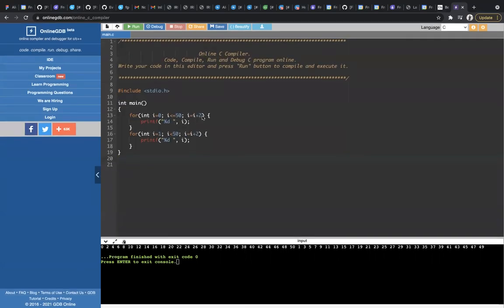Because each time we are incrementing by 2. Previously we were incrementing by 1. That's why it was 51. But now, since we are incrementing by 2, the loop count gets cut by 2, like the division operator.